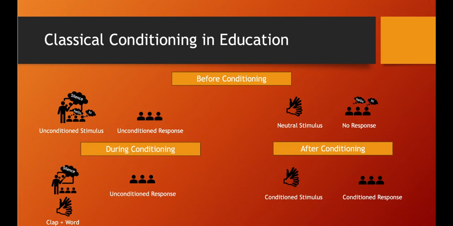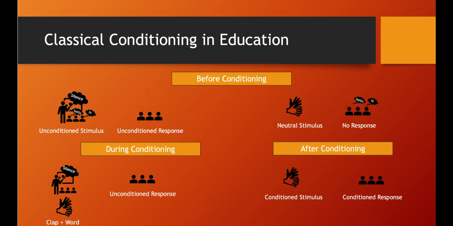Imagine a teacher explaining a specific lesson, but the students are talking. The moment the teacher says "silence," everybody gets silent. The word silence is an unconditioned stimulus that leads to a normal, unconditioned response. But wait, what if the teacher claps? Would the students get silent? They are more likely to stare at him, not knowing what to do, while others may keep talking. The clapping is a neutral stimulus that doesn't lead to the desired response.